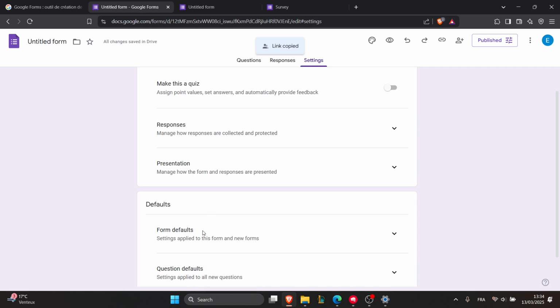The second step is you can embed the form on a website. Now this step is optional and you can do it by clicking on the